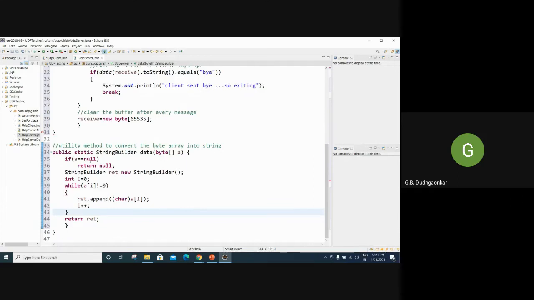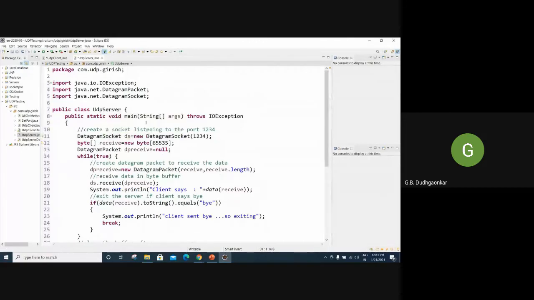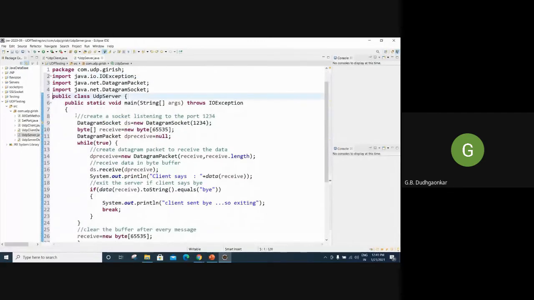So what is this error? I think it's a syntax error, delete this token. This is not used, so remove it. So this is somewhat the logic. You know all these things.